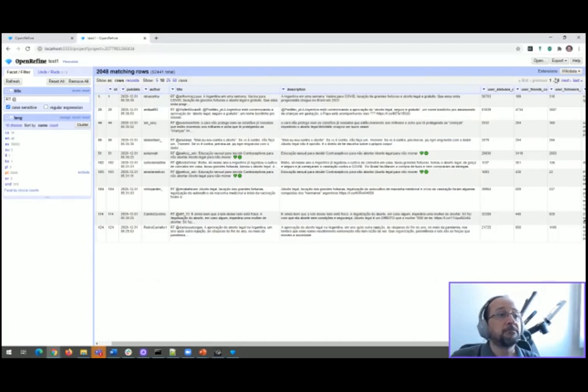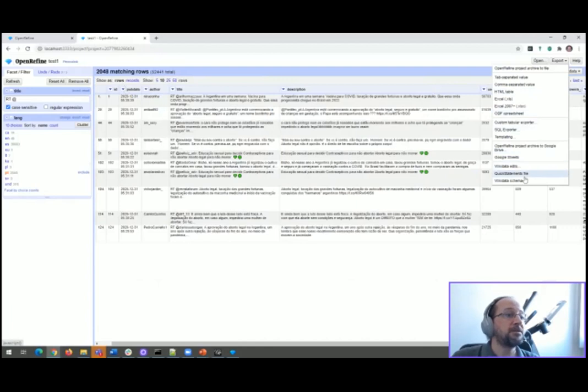Okay. If I just export this, there are several options here. One of the options is to export this as comma-separated values, for example. And then if I export this as comma-separated values, I can perform later on what I want. I can also export this to Google Sheets and then perform all the language detection that I taught in the last workshop, the last Radical Lab. So I can start with OpenRefine and then later on go to Google Sheets, make some adjustments, and then go back here if I want. Or even